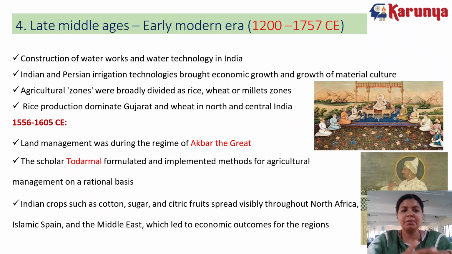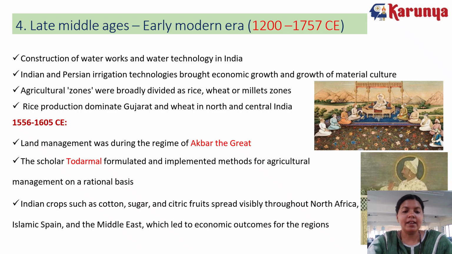And next comes the late Middle Ages, that is the early modern era from 1200 to 1757 CE. During this period, agriculture improved due to better irrigation and land management. A new type of irrigation system came from Persian and Islamic countries, which helped in increasing production in these areas. And then India was divided into various agriculture zones based on crops, like rice growing zones, wheat growing zones,